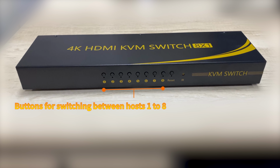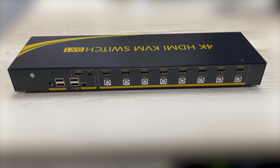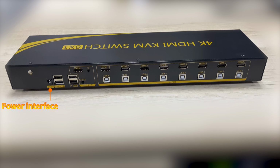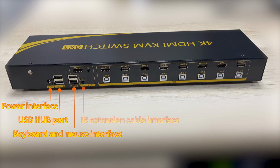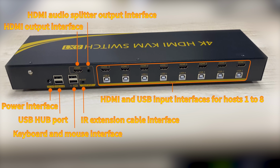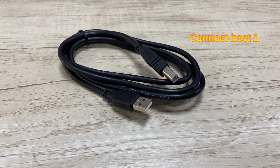Buttons for switching between hosts 1 to 8. Reset button, IR infrared receiver, power interface, USB hub port, keyboard and mouse interface, IR extension cable interface, HDMI output interface, HDMI audio splitter output interface, HDMI and USB input interfaces for hosts 1 to 8. Connection steps: connect host 1,